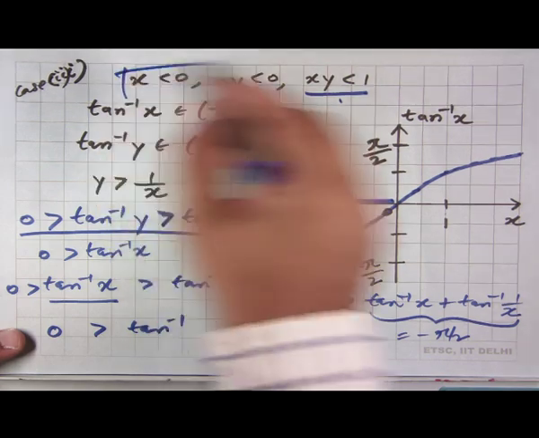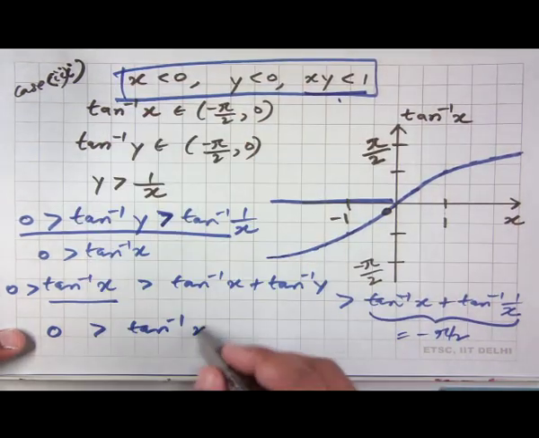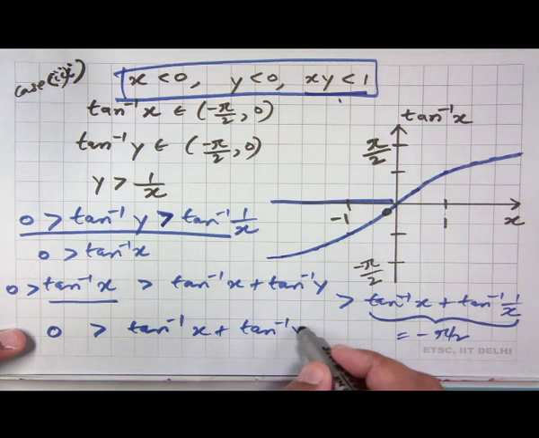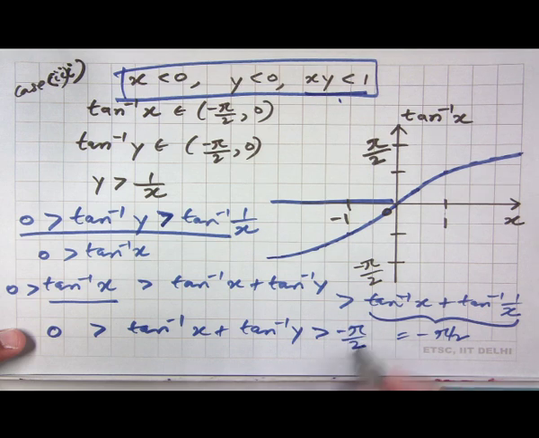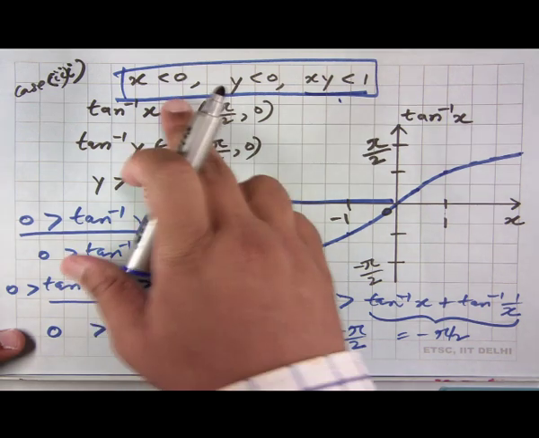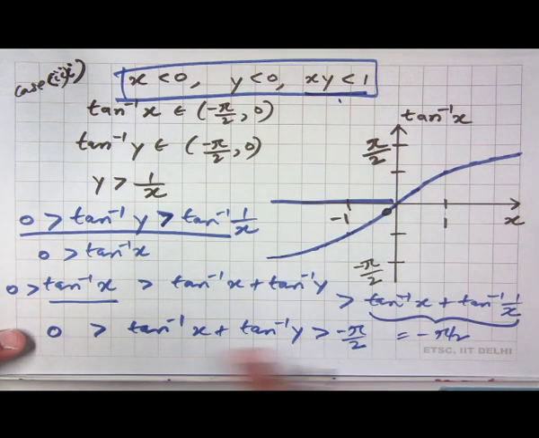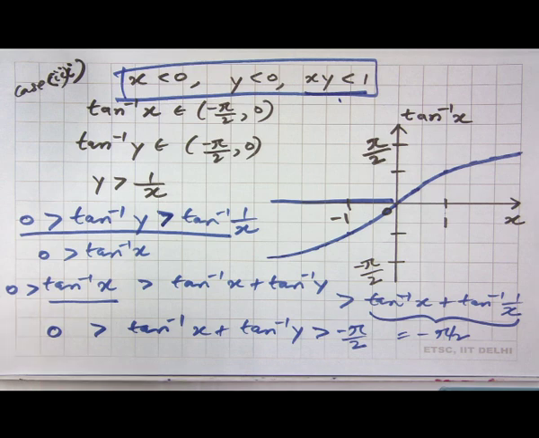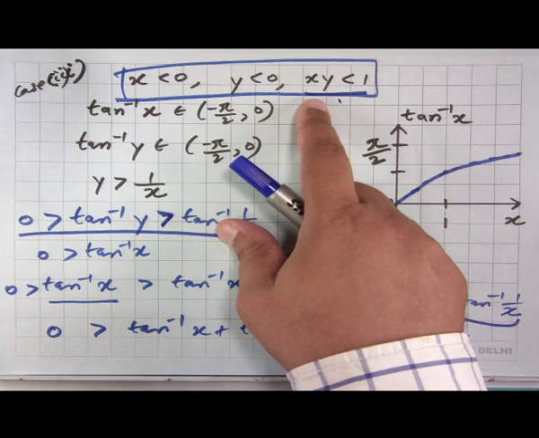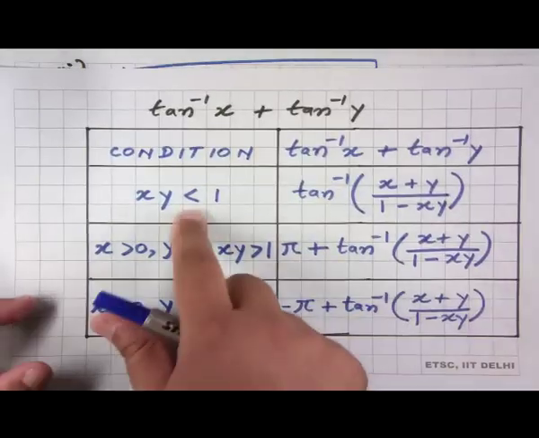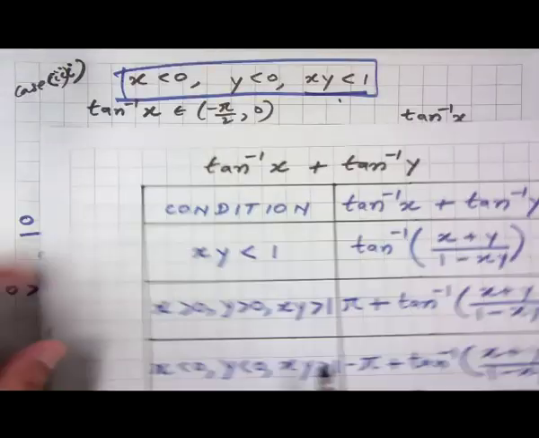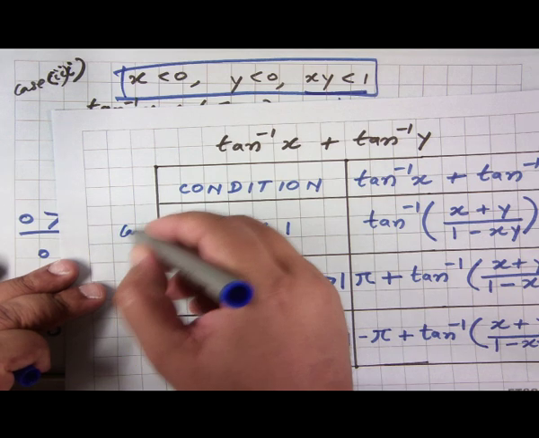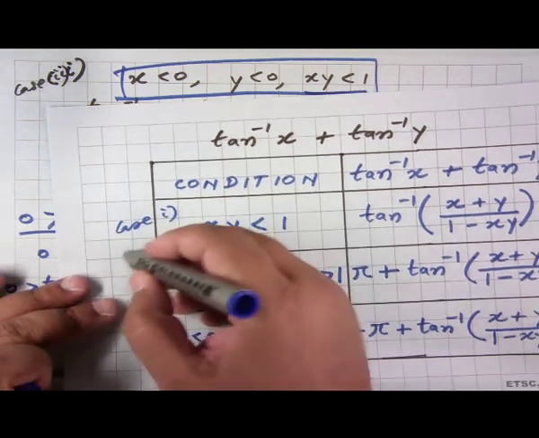if x and y satisfy these three conditions, then tan inverse x plus tan inverse y lies between 0 and minus pi by 2, that is, it belongs to the interval minus pi by 2 to 0, which is a subset of the range set of tan inverse. So even for this case, this case is also a subset of this case. So this is case 3. So both case 1 and case 3